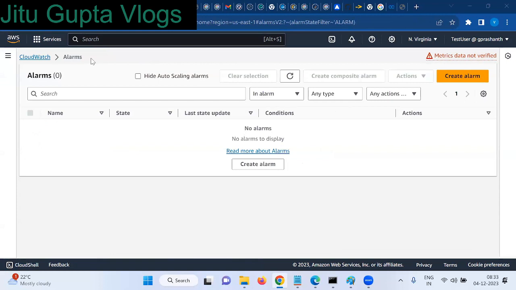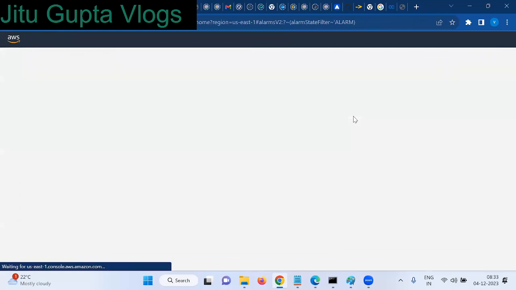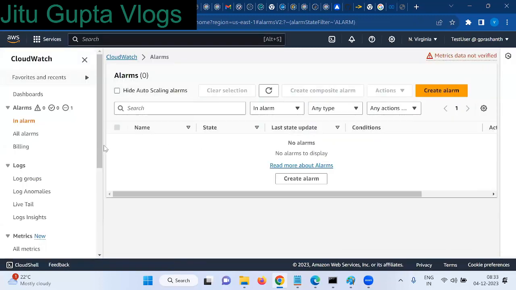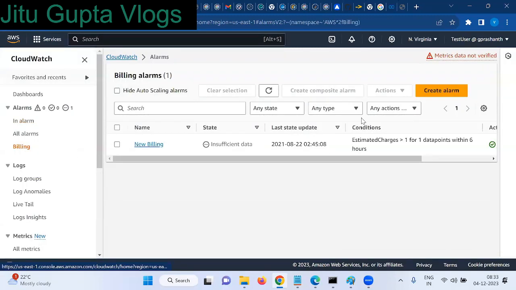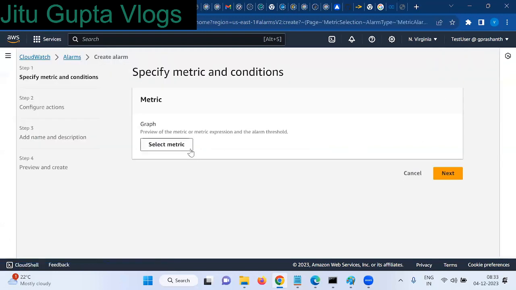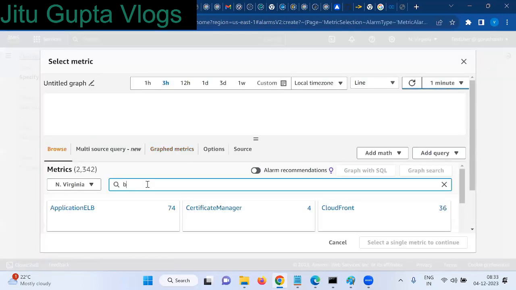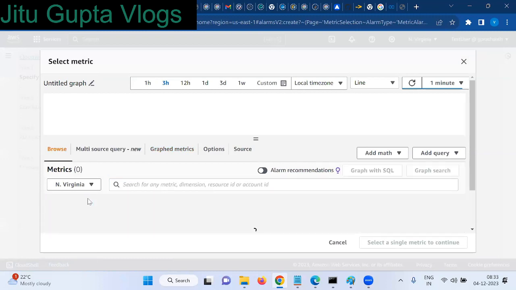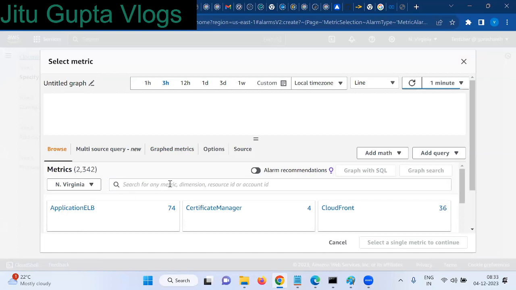Azure also has the same process. Payment deductions, right? I'm going to show you how to apply the alert for payment deductions. Earlier, for payment deductions also, billing: create an alarm, select a metric. If you search here for billing, we were able to see billing metrics, but here they have changed. I think we are unable to see the billing metric here. So what I will do,